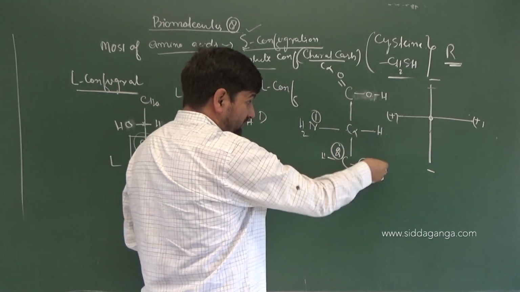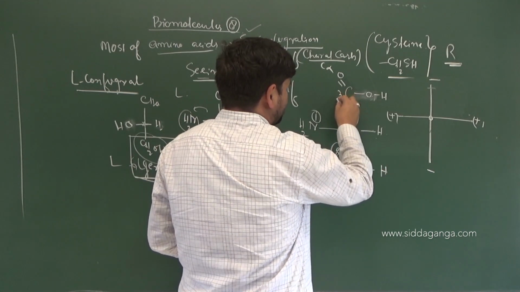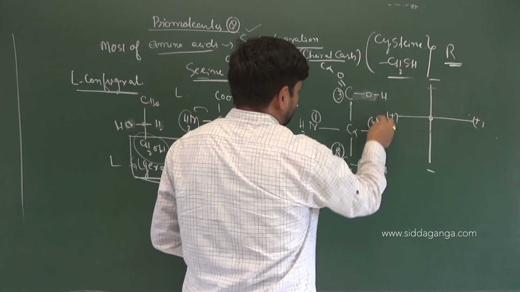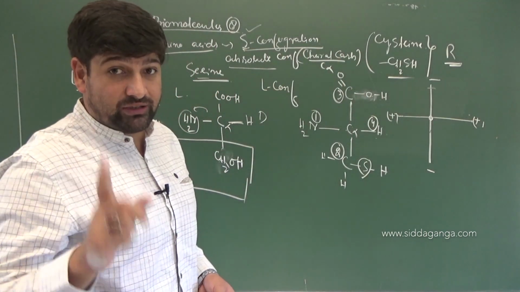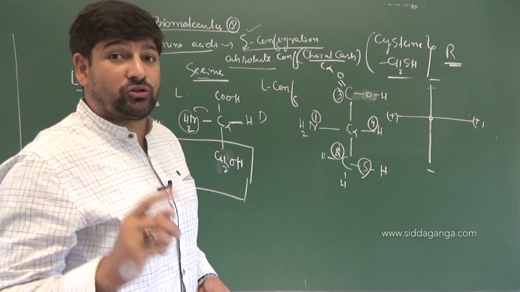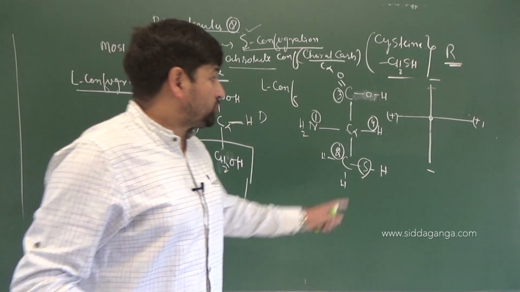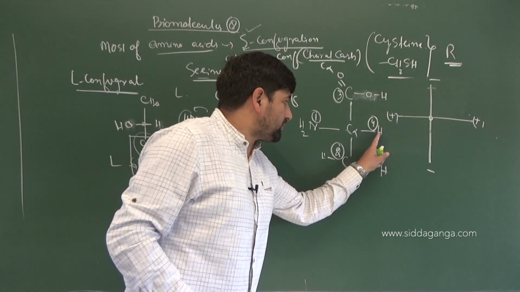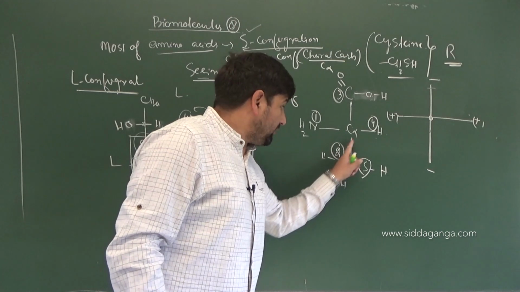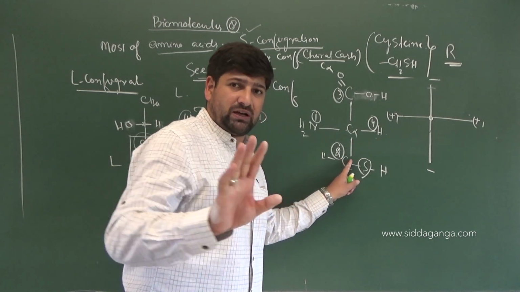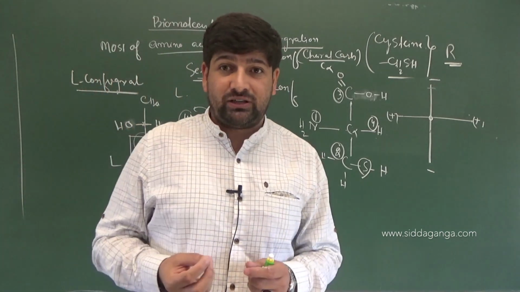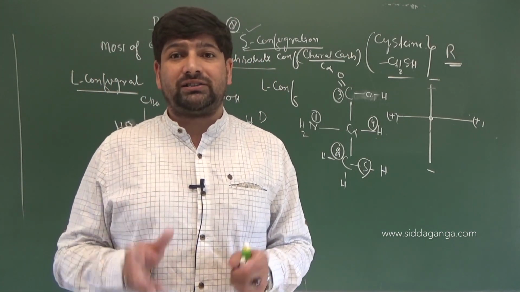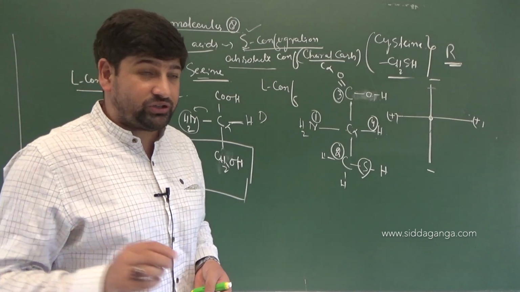On the whole you have to see. And naturally this gets number 3 and this gets number 4. Forget about hydrogen here. I am not rotating the molecule. Otherwise we know the lowest priority group should be going away from you, right? So you have to put this lowest priority group in the vertical bond. Over here it should be present by rotations. I am not rotating. I am giving you a simple hand rule on the basis of which you can find out R and S configuration very easily without any rotations.